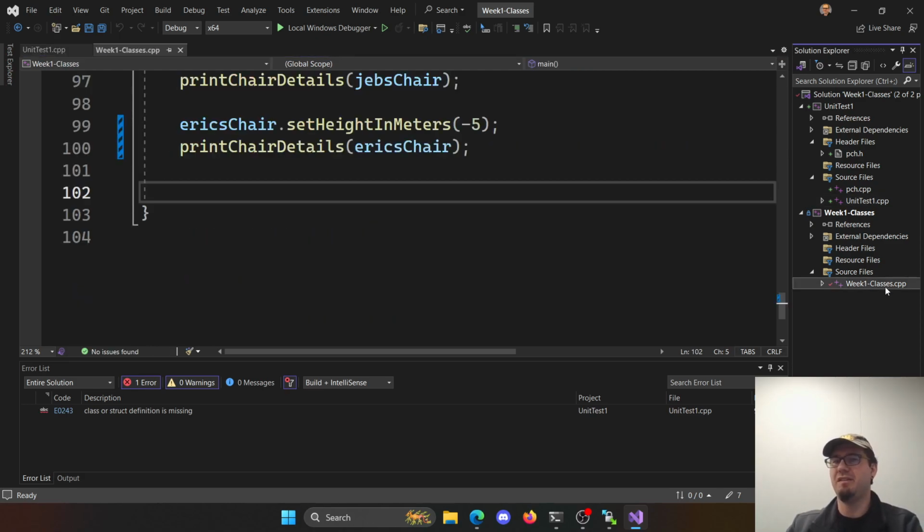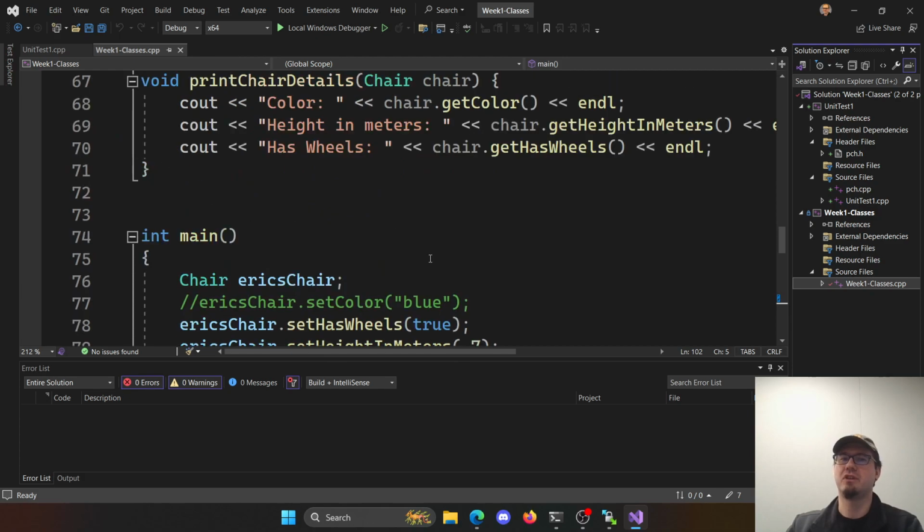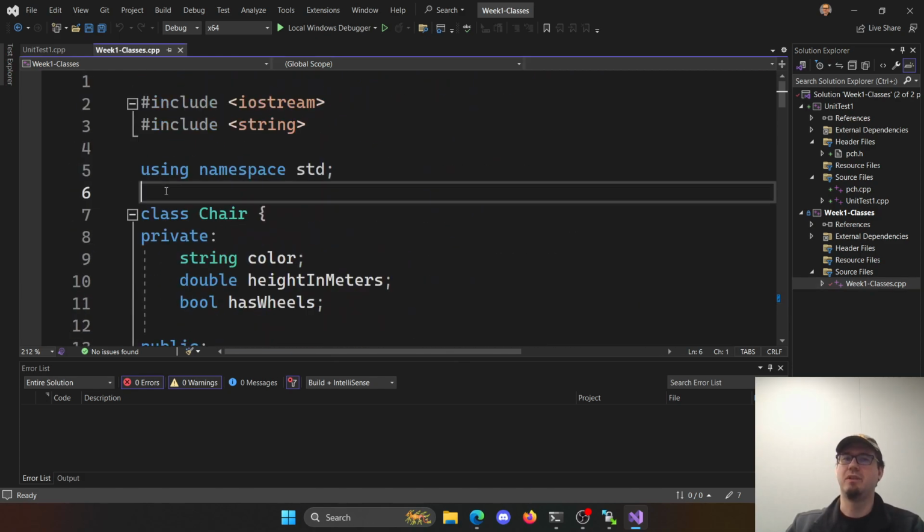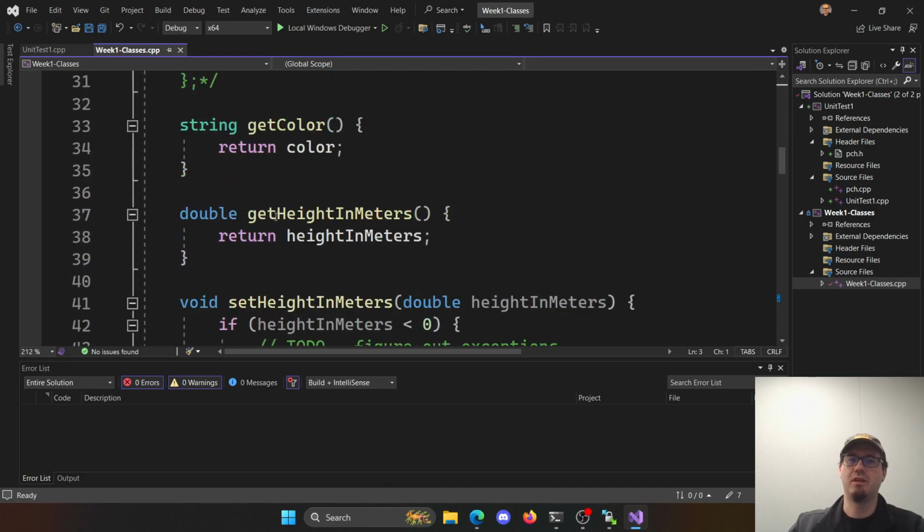Now, we've got it in a CPP file. This is not great here. So we're actually going to move chair. Okay? So I'm going to take everything that we did in chair here. I think we need string as well. So I'm going to take chair,